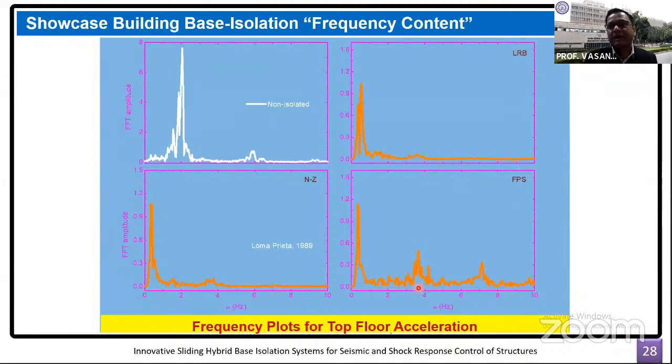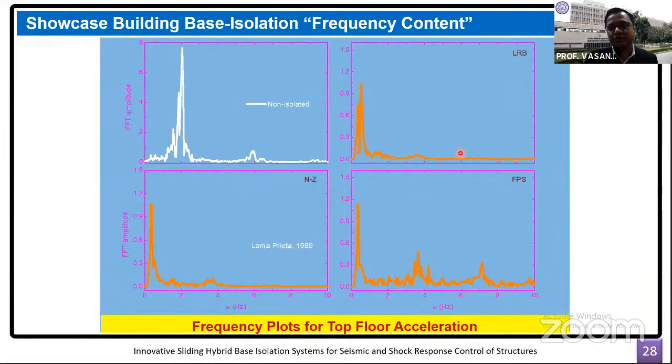So there could be some amplification in that response for that secondary system. So this is the kind of disadvantage of the friction phenomenon. In terms of energy dissipation, seismic energy or input energy dissipation, these two are completely different phenomena itself.